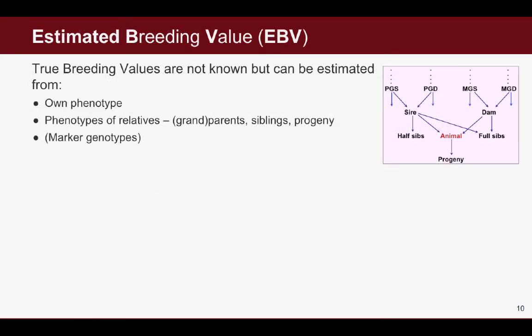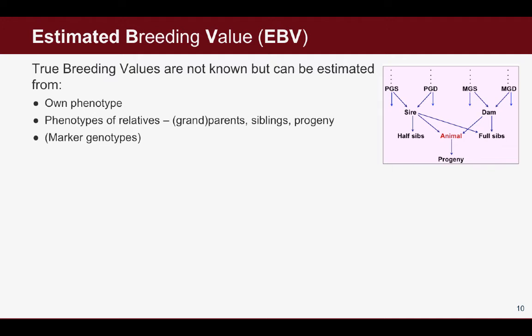The problem, however, is that we never know the true breeding value of individuals, but we can estimate breeding values based on phenotypic information, which includes own phenotype as well as phenotypes of relatives. And if we have genetic markers, we can also use genetic markers, and we'll talk about that later. Now, own phenotype provides information because animals with high breeding values tend to have high phenotypes, at least if that trait is heritable. The phenotype of relatives, however, also provides information on the breeding value of an individual because relatives